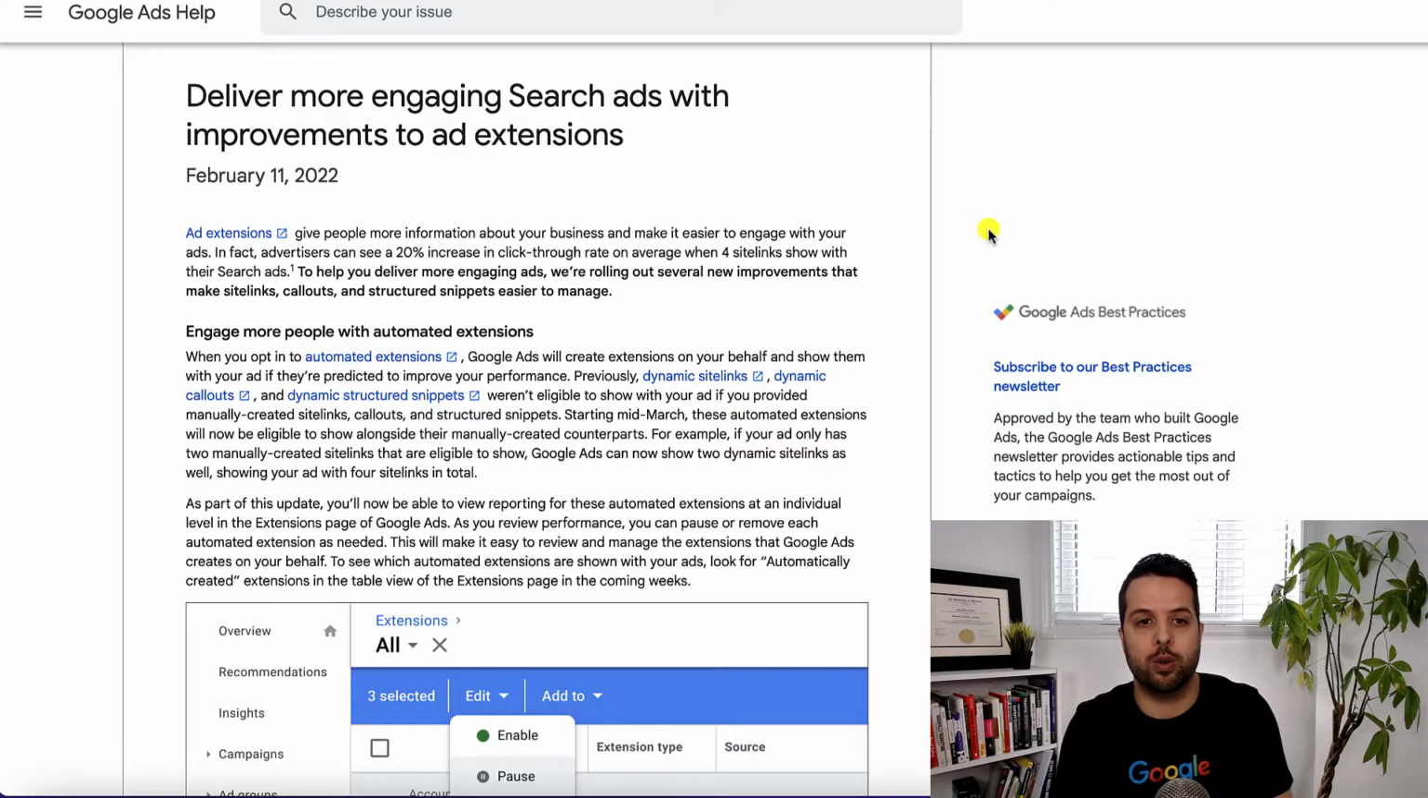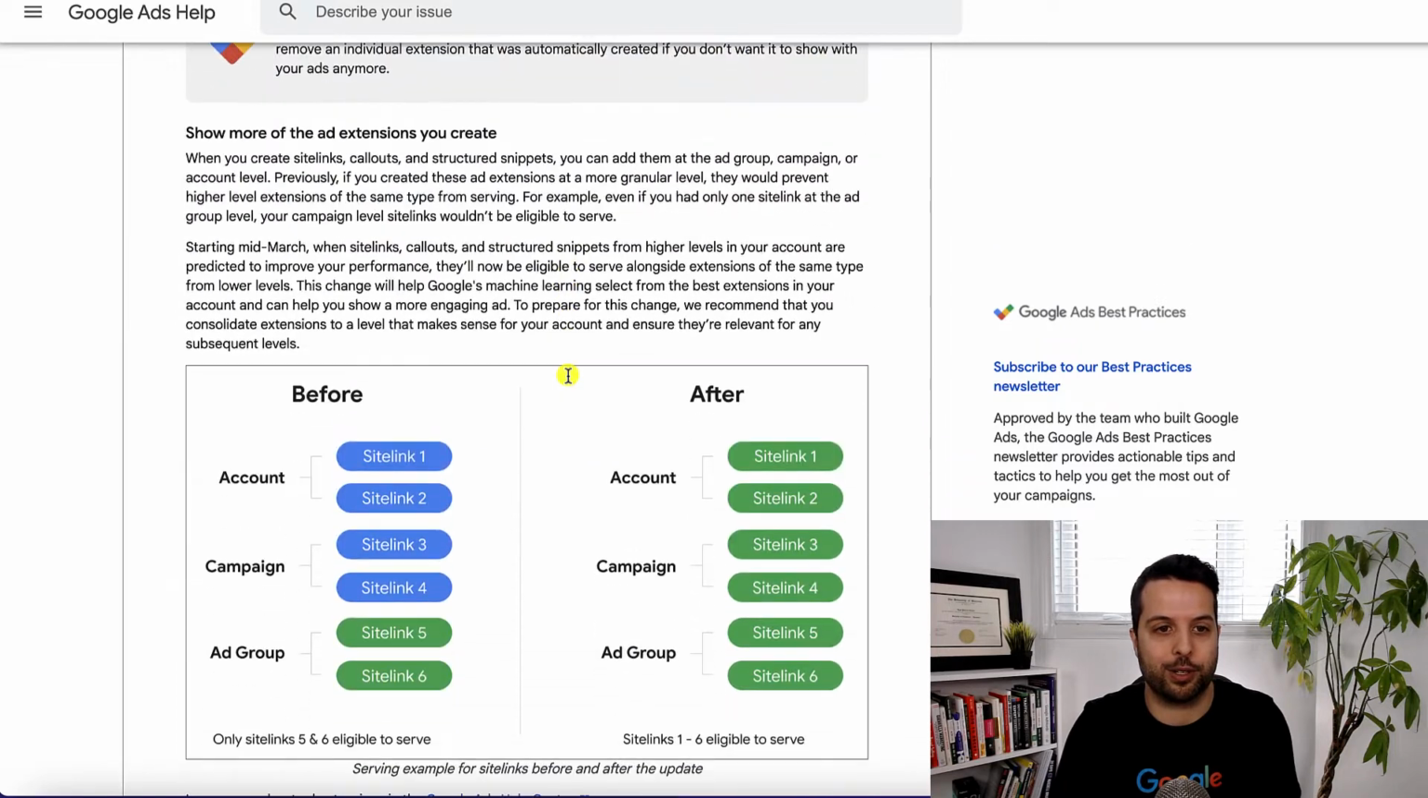But yeah, so there was a new change to ad extensions on February 11th. Here's the document here, and I'll make sure I link this as well. But it's actually pretty hidden. So if you scroll down, they say this: starting mid-March, when site links, callouts, and structured snippets from higher levels in your account are predicted to improve your performance, they'll now be eligible to serve alongside extensions of the same type from lower levels. So they kind of make it sound good, but honestly, I don't like this change at all,